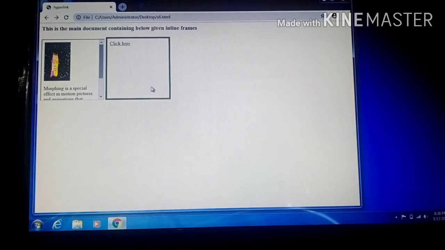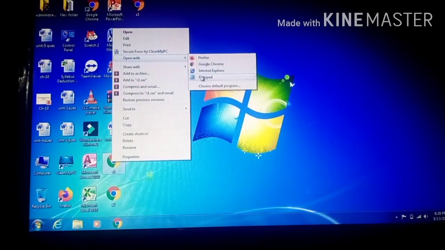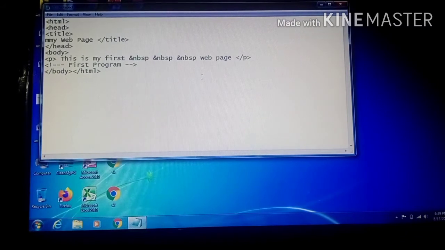And now you have to make these 2 programs about the frames. Now we have done the 5 programs. One by one I am showing this in my videos. S1, opening the S1 program in Notepad. This was the simple program, some basic program with the tags HTML, head, title, then head, body, then paragraph tag, and then comment tag and the body. This is the simple basic program that you have to write down in the notebook.